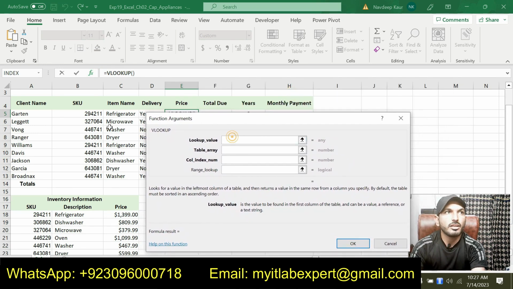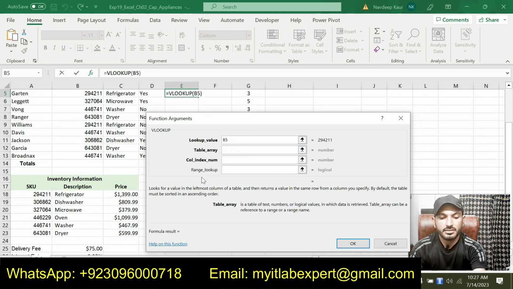So our lookup value will be B5 because we are looking for the price for this ID, that is SKU ID 294211, and our table array will be again this one, that is A18 up to C23.